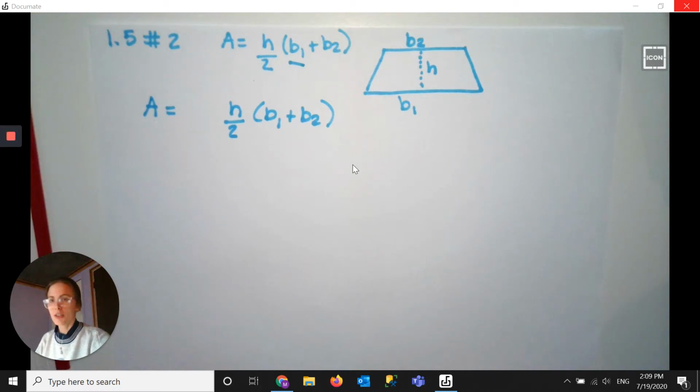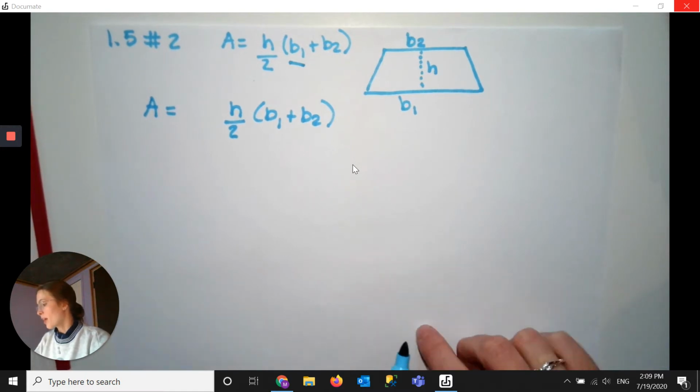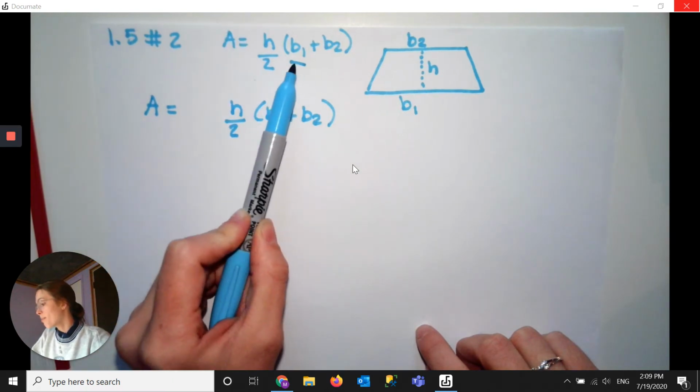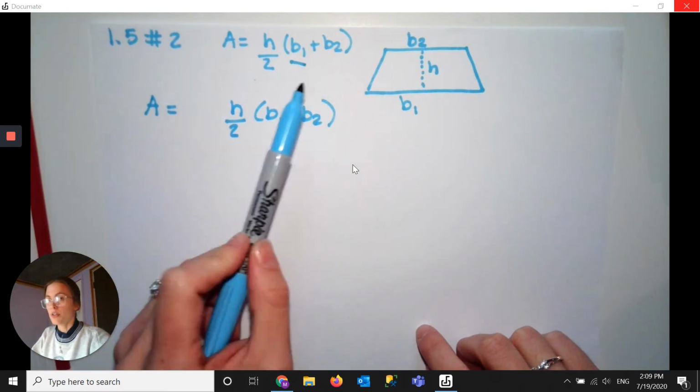Welcome to section 1.5, example number 2. In this example, they ask us to solve for B1 in this formula, which is the formula for the area